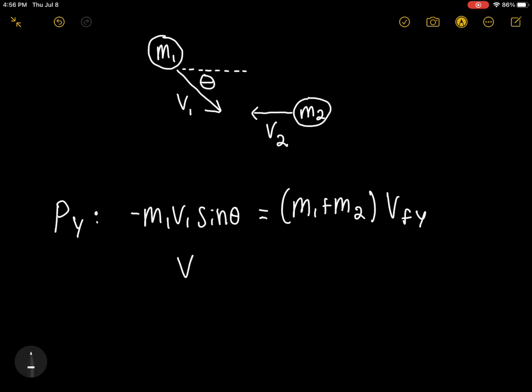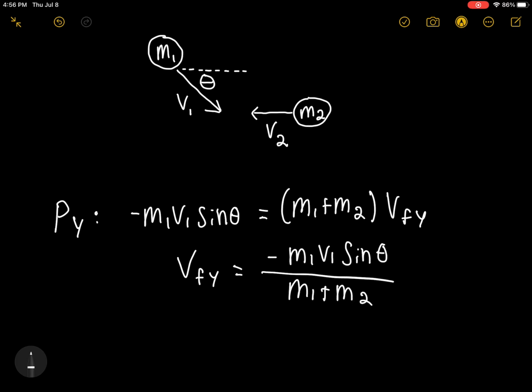And solving for the final velocity in the y direction, now we have the final velocities in the x direction and the y direction, so we have one last step to solve for here. Now the problem said that we are assuming that the cars travel to the right, so we can just say that there is going to be some velocity to the right, signified by what we solved for earlier. Then there is a downward direction, and the combination of these two is going to be our final velocity,